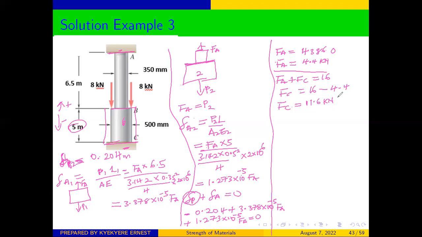So for us to determine the normal stress in each of the sections, we can say that for AB, the normal stress in AB, we know that the stress is the force over the area. So AB from A to B,